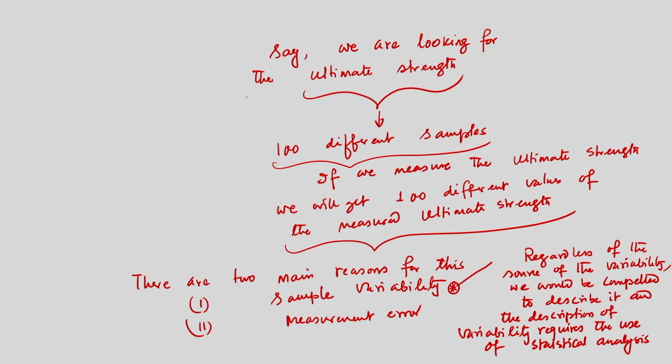There are two different reasons. If we take two different plastic samples, maybe the sample variability will be there, the composition may not be equal. Sample variability will definitely lead to different values of the ultimate strength. On the other hand, we might have the measurement error. We will be discussing measurement error, and for that we need to go for statistical analysis. That is what I was talking about, that if we get 100 values, not all will be the correct one. Some data will be significantly or distinctly different from the other data points.